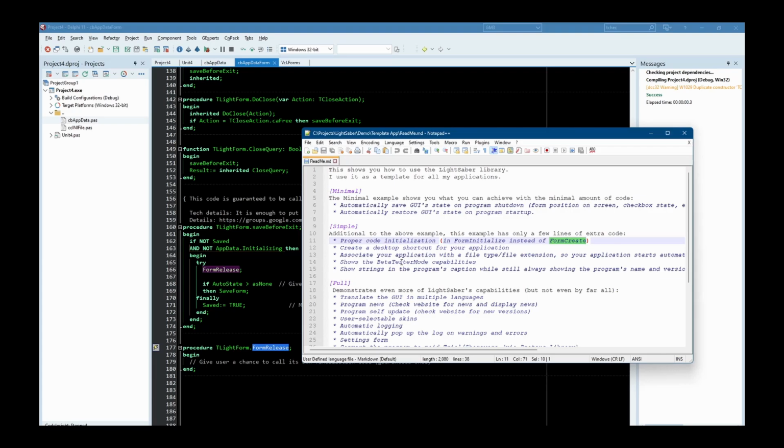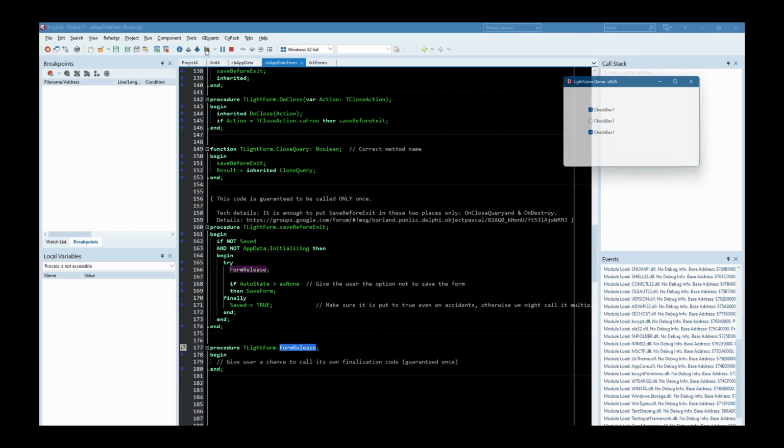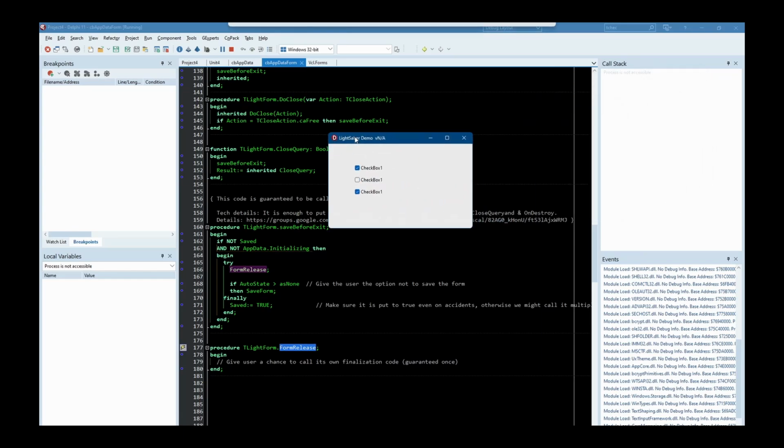It has some beta tester capabilities, so you can put the application in beta tester mode, and then more buttons, for example, could be available for the beta tester to test, but not to the regular users. Some nice capabilities to show strings in the program's caption, while still showing the program name and version all the time. I think we have seen that here, yes.